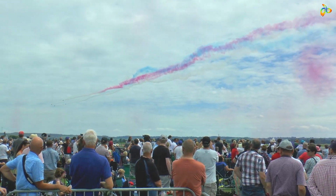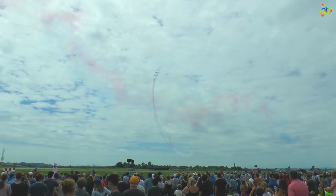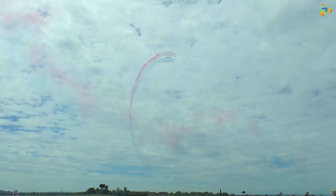Reds 8 and 9 rolling around the synchro pair who roll upright and Enid pitching up to around 25 degrees nose up, then inputting a left-hand roll to draw 2 rolls in the sky, a red, white and blue snake-like shape which we call the Python. And now,